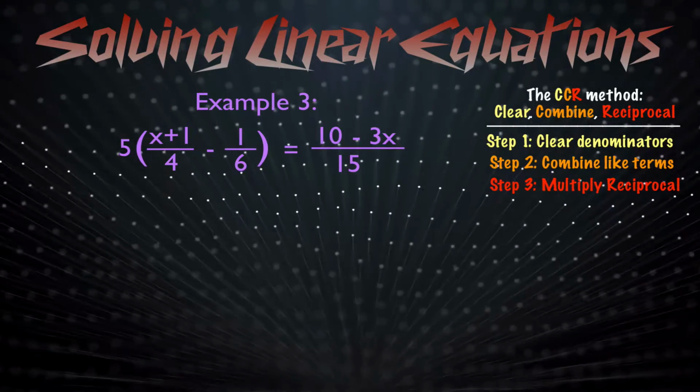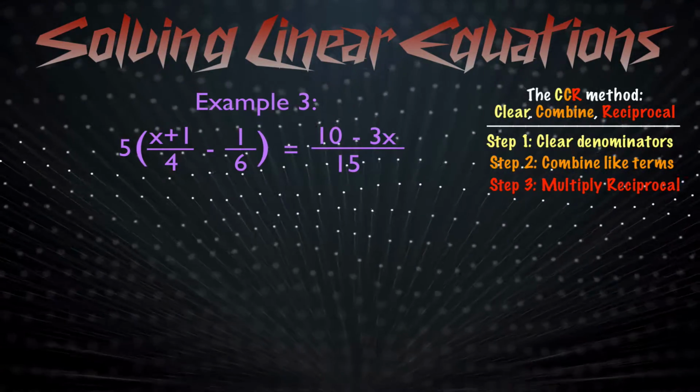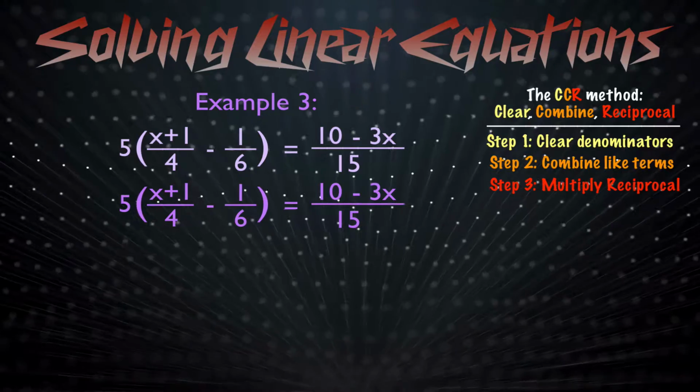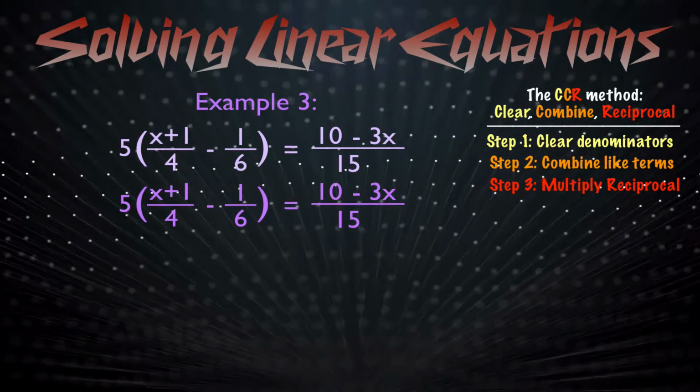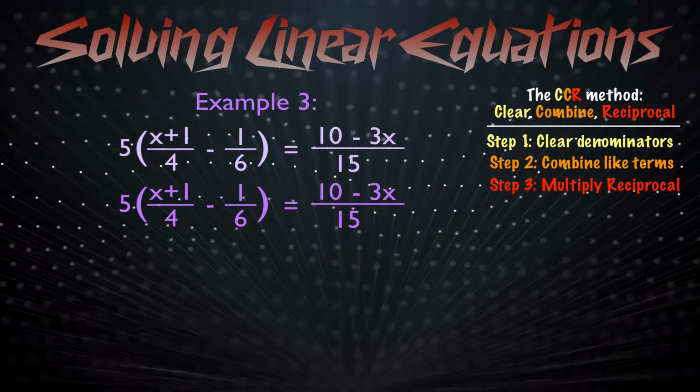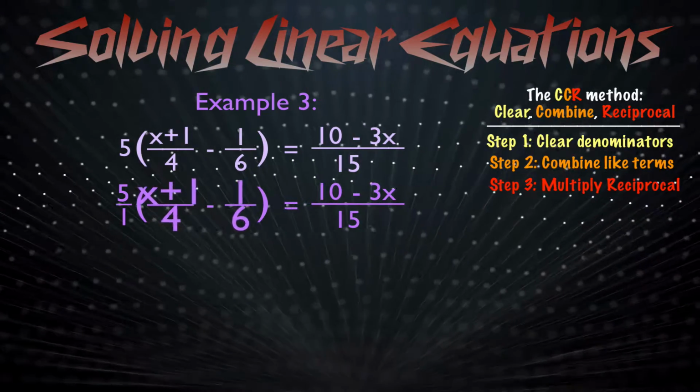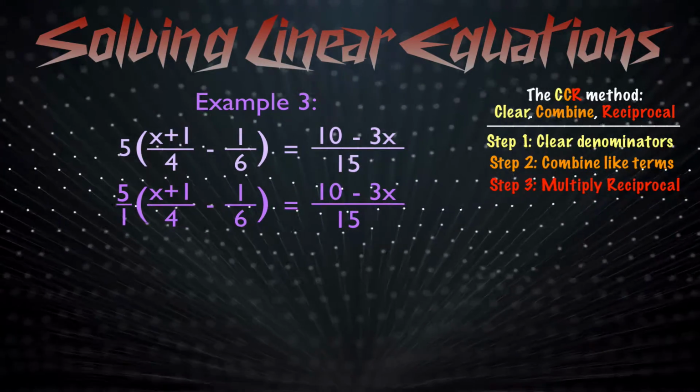We'd get rid of the parentheses by distributing the 5. However, since we'd be distributing that 5 to rational expressions, things that kind of look like fractions, it might help to first rewrite that 5 as a fraction. We have 2 terms inside the parentheses, so we have to make sure the 5 hits each of the 2